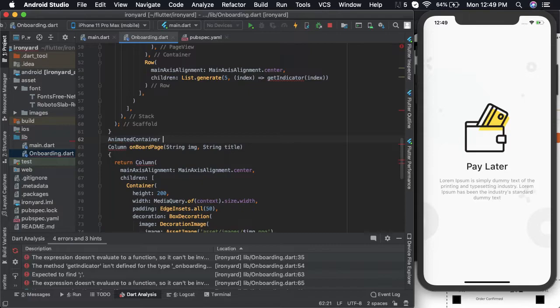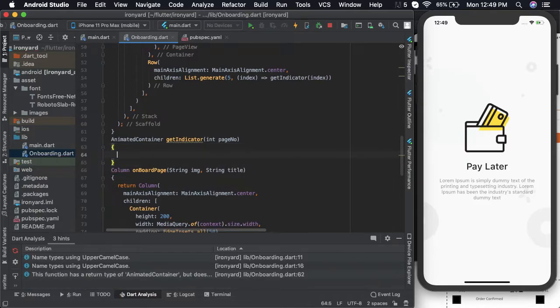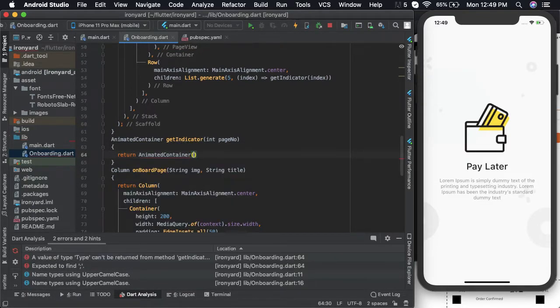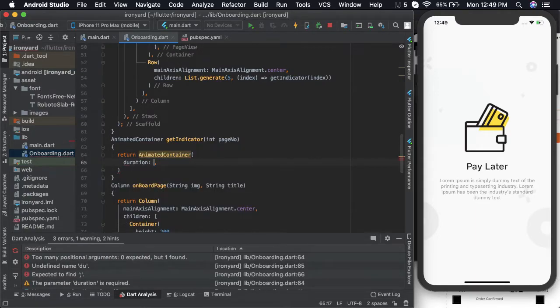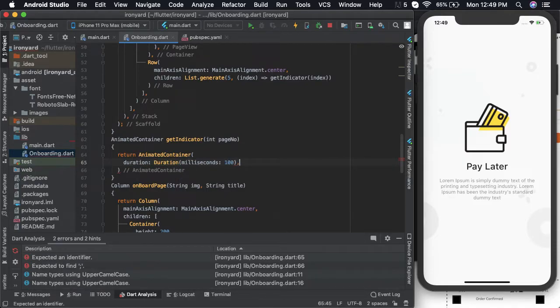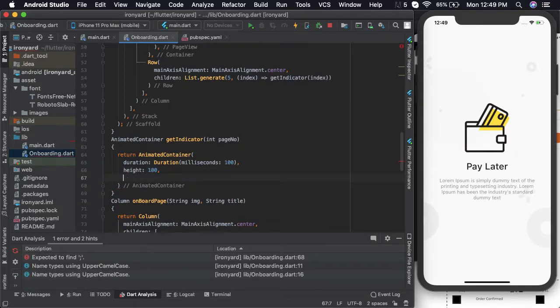It will be an animated container. I want it to be animated, so you can also use a normal container here. Animated container needs a duration, so let us add a duration first. I'll give it a milliseconds of 100. Let us add the height of this container. It will be 100. With I want the